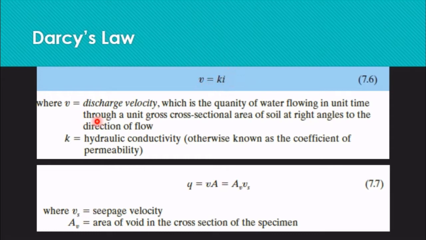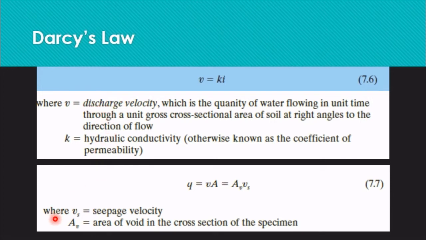Yan. So, discharge velocity, which is the quantity of water flowing in unit time through a unit cross-sectional area of soil at right angles to the direction of flow. So, the discharge velocity is always right angle or perpendicular or normal to the direction of flow. So, yan yung discharge velocity. Yung cross-sectional area ay perpendicular or normal or at right angle with the direction of flow. On the other hand, meron din tayong